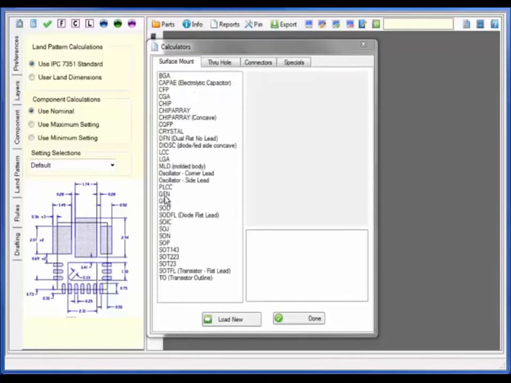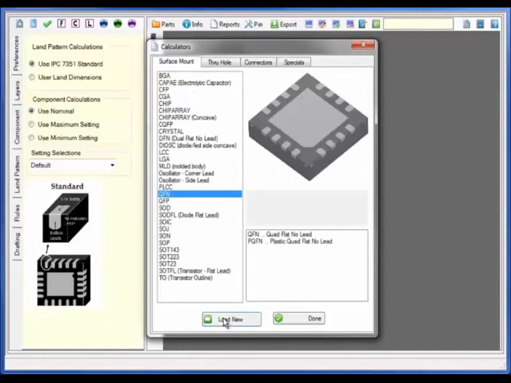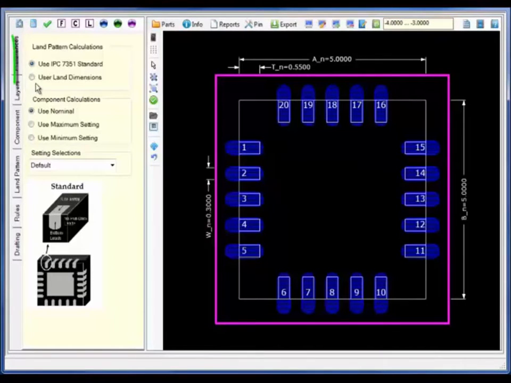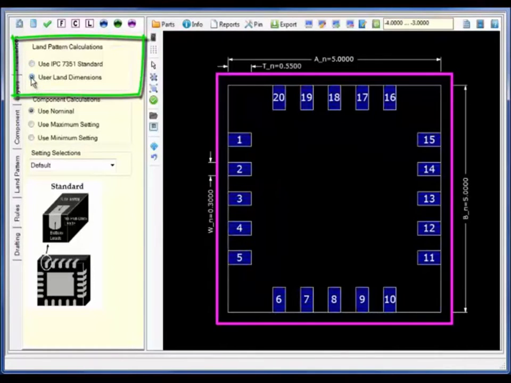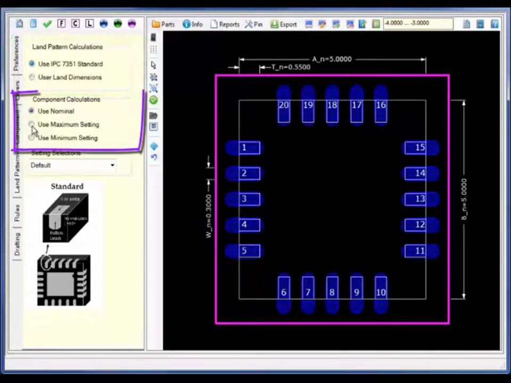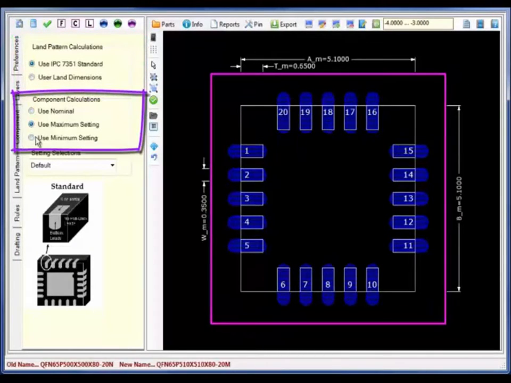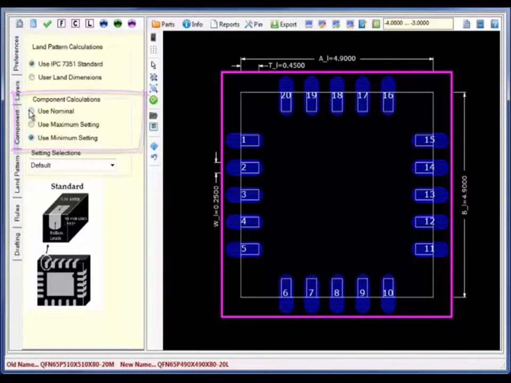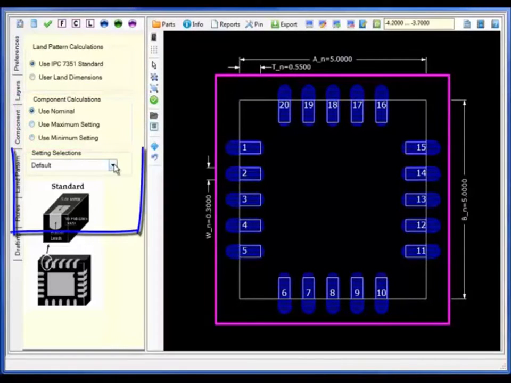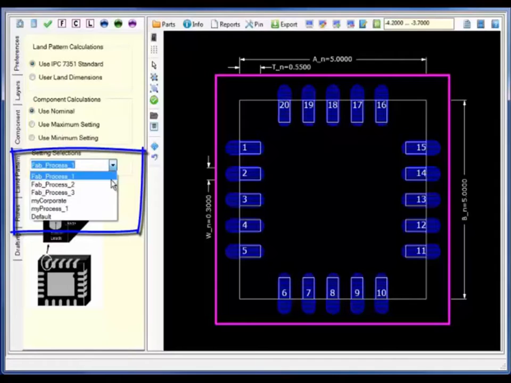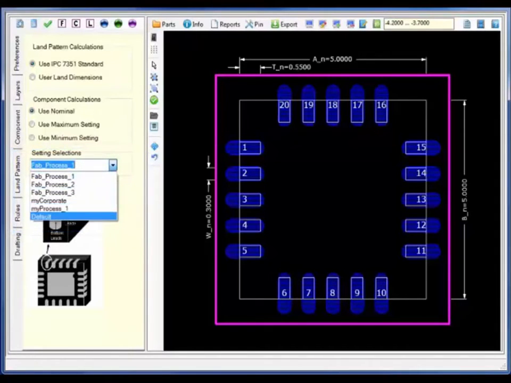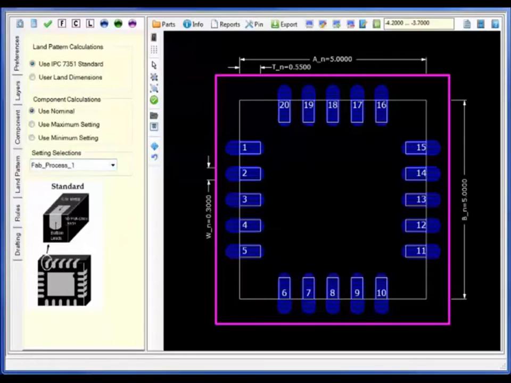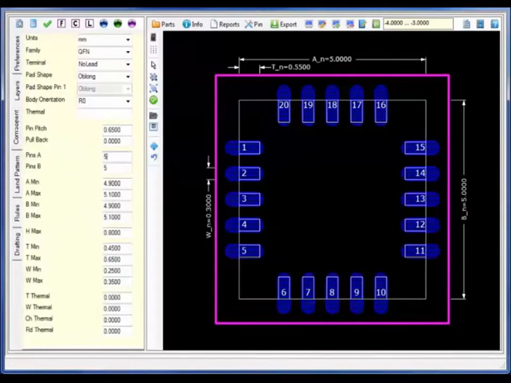Let's start by bringing up a QFN calculator, where we support both the IPC 7351 and user-defined land settings, and all three calculator types, including nominal, maximum, and minimum, and an unlimited number of user-definable processes and rules, easily configured through a forms interface, and dynamically available and switchable from the Preferences tab,